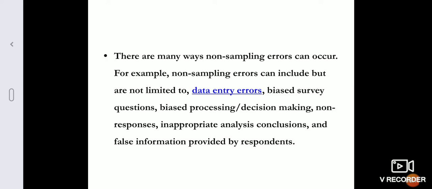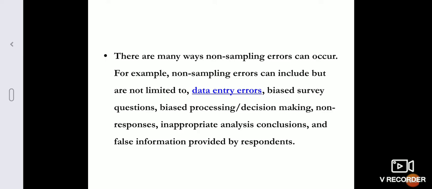So there are many ways these non-sampling errors can occur. For example, non-sampling errors can include, but are not limited to, data entry errors and biased survey questions, that is, if you have not framed your questions properly and your question is not collecting the information it is intended to collect, or even biased processing, biased decision making, or improper analysis, and if the responses given by the participants are improper, then inappropriate analysis conclusions and false information provided by the